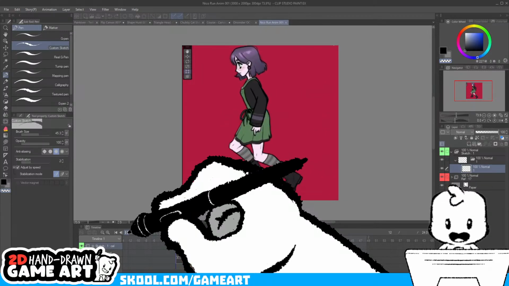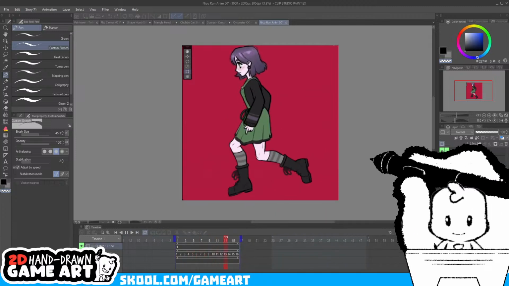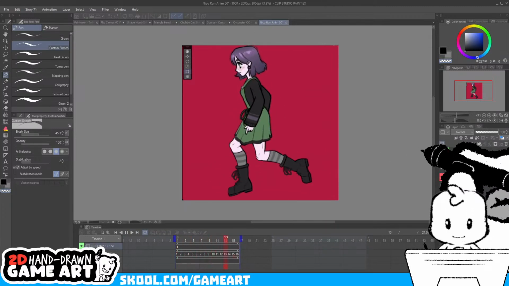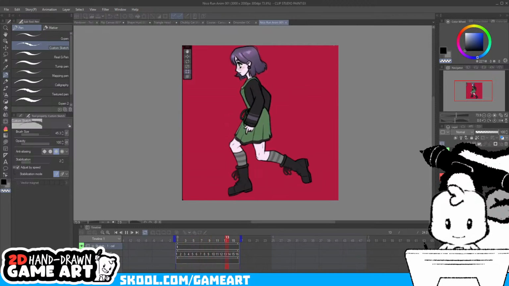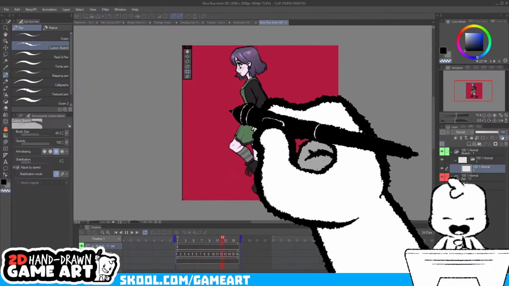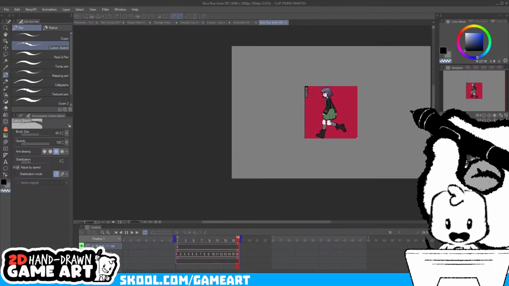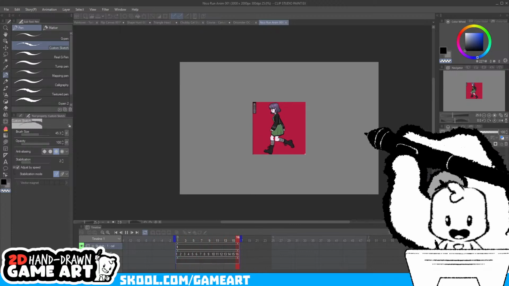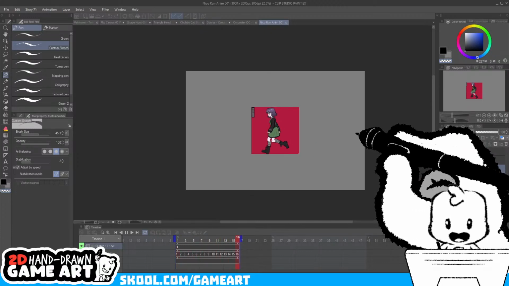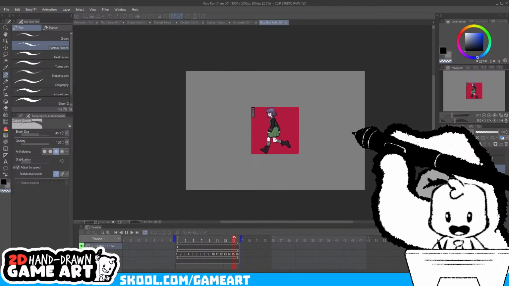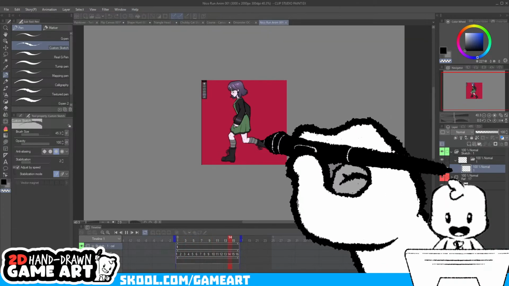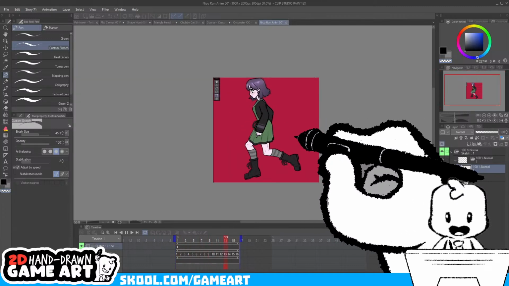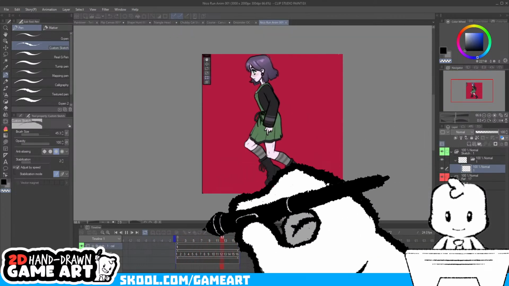There are some things that I would change about this. I think there are some things that could be made a little bit differently so it could read a little bit better. But I like the run cycle, especially because this can be used in a game and zoomed all the way out. From a distance, this works super well. So they don't really have to do much or anything at all. But since they're asking for feedback, I decided to nitpick and point out a few things they could do differently. But this is already quite good.